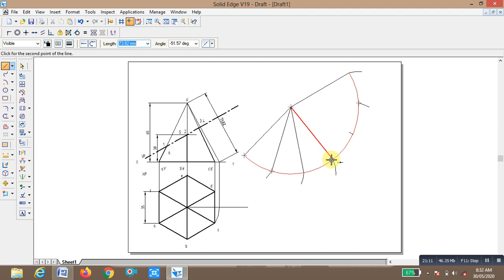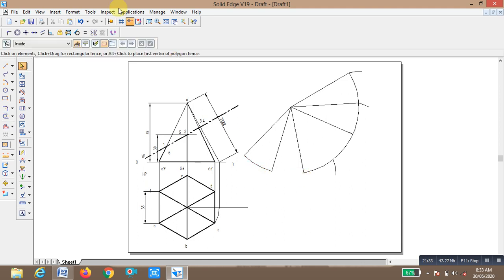Okay. Now you have to rotate with the help of the rotate command. Click on the trim command, trim these.